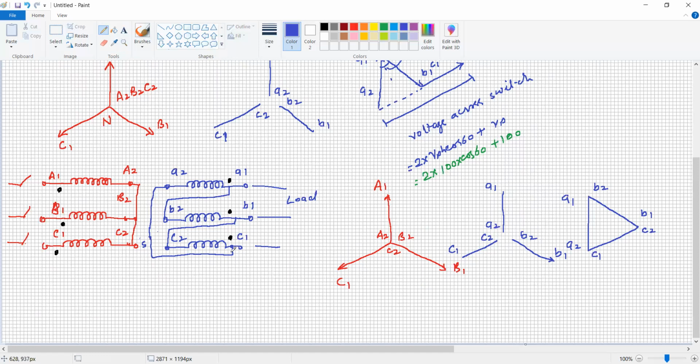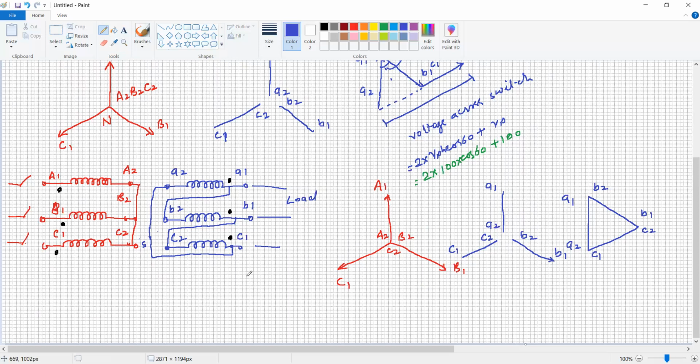If someone neglects this notation, or during manufacturing or testing it is not shown which terminals of the primary and secondary are of the same potential, it is difficult and dangerous to connect, because it will circulate a large amount of current in the delta loop, which will definitely damage the secondary winding. Or if it is a delta star, it will definitely damage the primary winding, or any delta winding in the transformer.